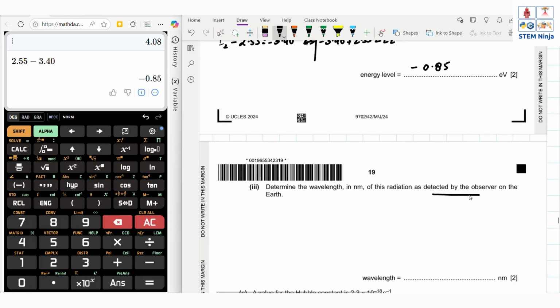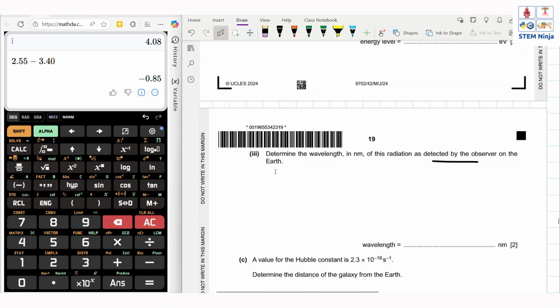So detected by the observer, we first need to find out what the redshift is. So redshift Z is equal to the change in lambda, difference in lambda over lambda, equals V over C,